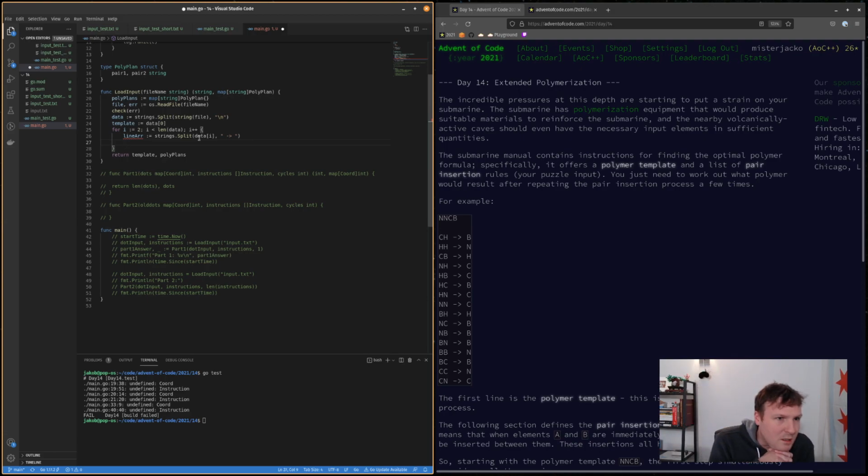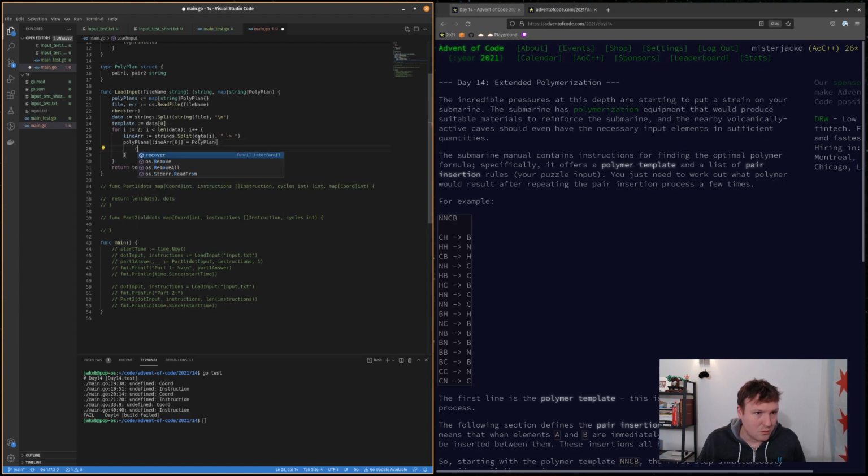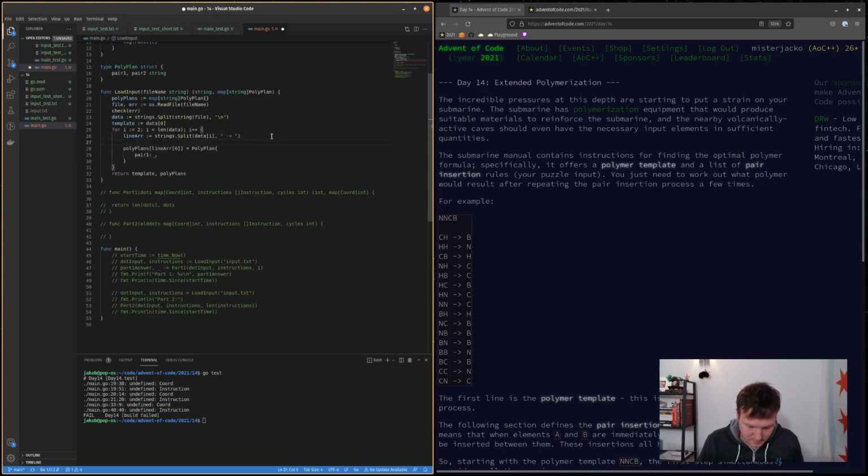All right. And we are going to make polyplans key value line array 0, right? So that's the key value. Equals polyplans. We don't have row. Pair 1 equals... what's it going to be? I'm just going to call it key split, and I'm going to split